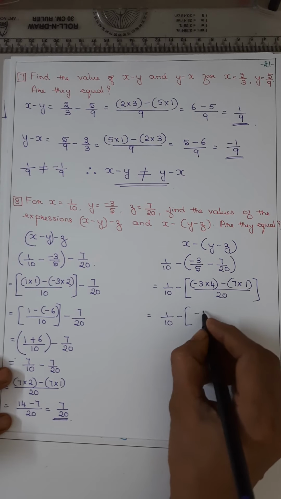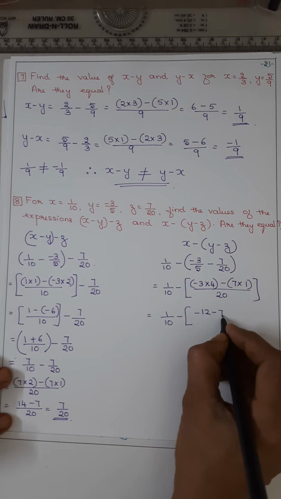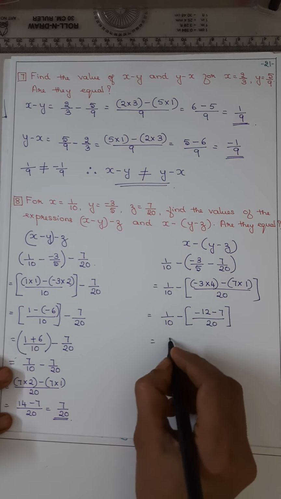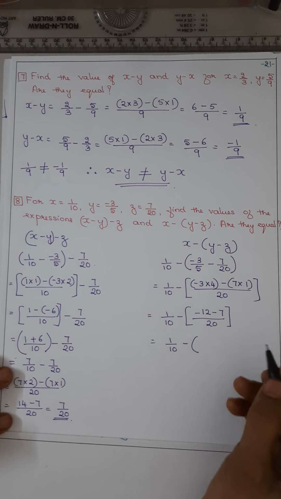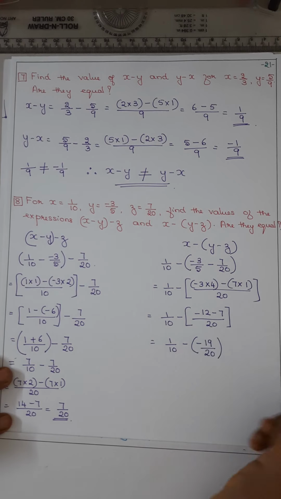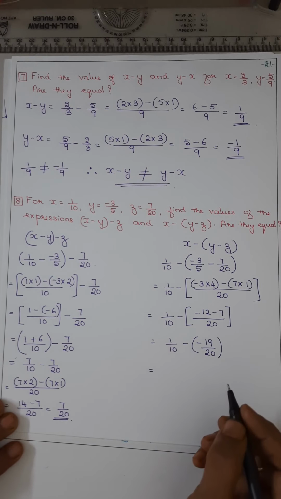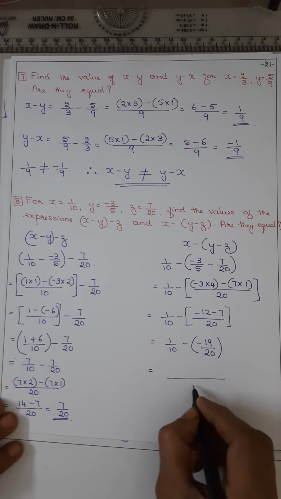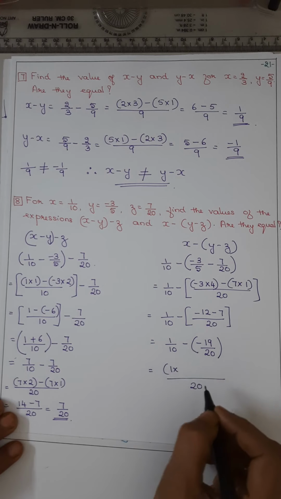Now 1 by 10 minus, plus minus 4 3s are 12 minus 7 1s are 7 upon 20. So you got 1 by 10 minus 12 minus 7, minus 19 by 20. Isn't it? So that means 10 and 20, 20 is the LCM. So 1 into 10 2s are